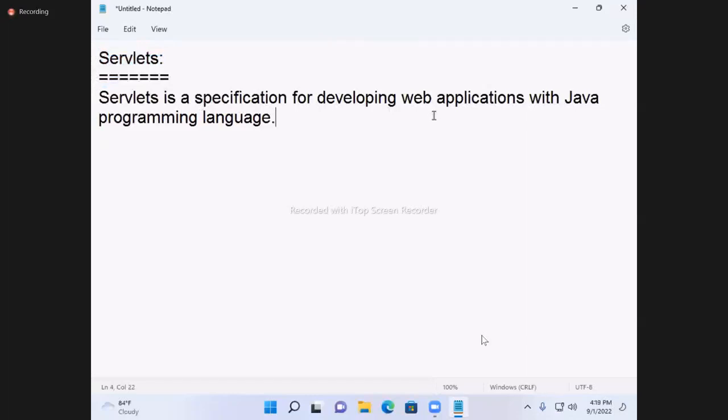So it is also a specification, but for developing web applications.